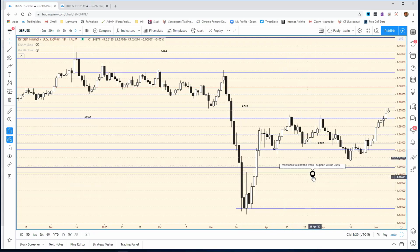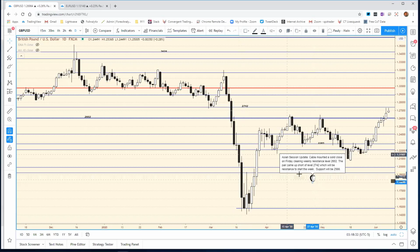Looking at cable. Cable mounted a solid close on Friday, clearing weekly resistance at 2602. The pair came up short of the level of 2742, which will be resistance to start the week, which obviously capped it, or at least has. I mean, they've challenged it already this morning, which will be resistance to start the week. Support will be